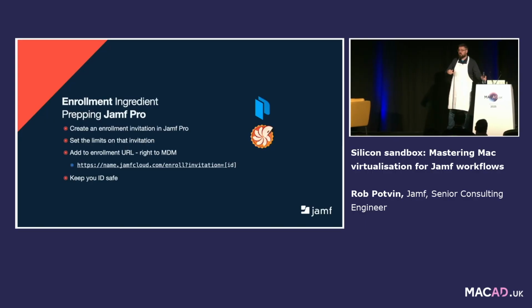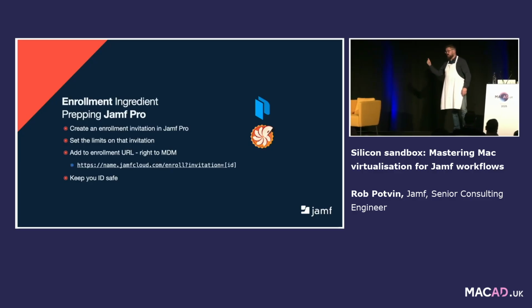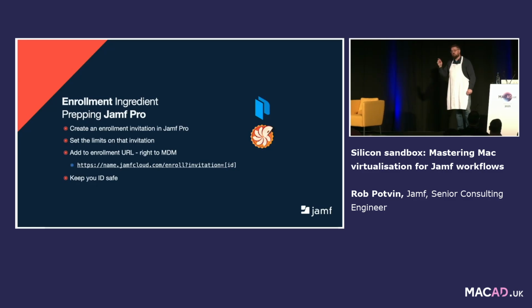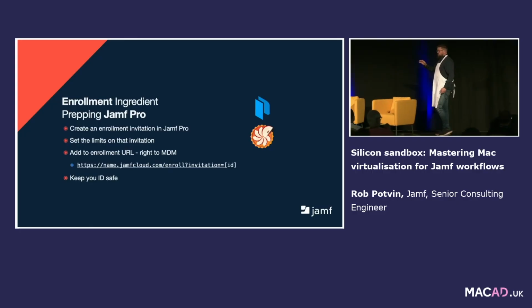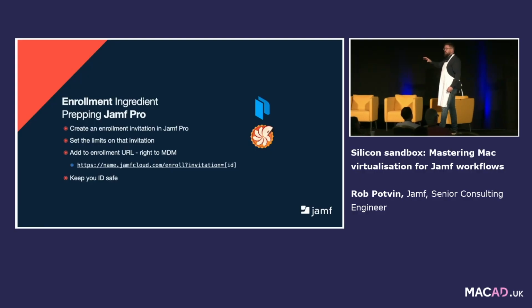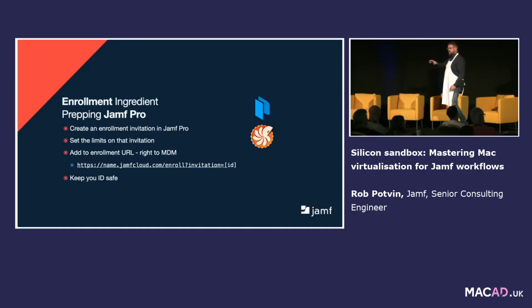So now, all I would need to do is create a VM with my own custom Packer image and leave a shortcut on the desktop. I double-click that shortcut, boom, ready to enroll. Could do one even better. Put that invitation ID in my own custom profile, double-click, boom, have an enrollment profile. No going anywhere. So that ID is key here. So with that information, let's take a look at creating our own custom Packer file.